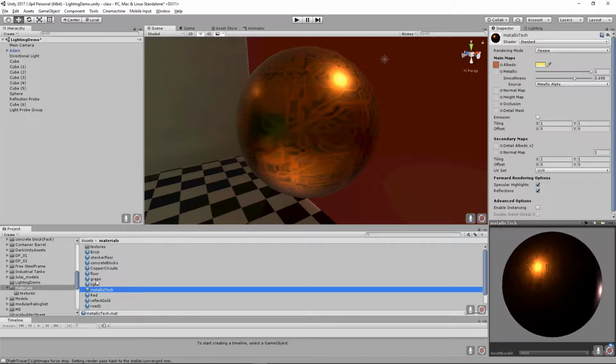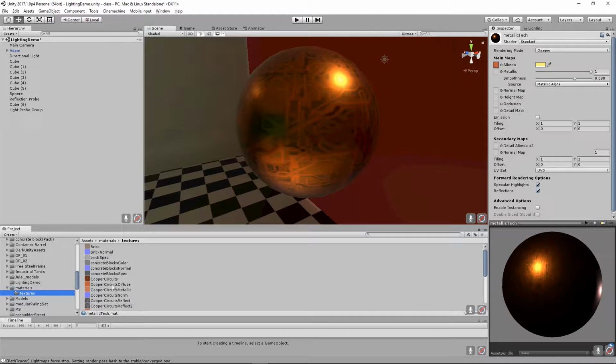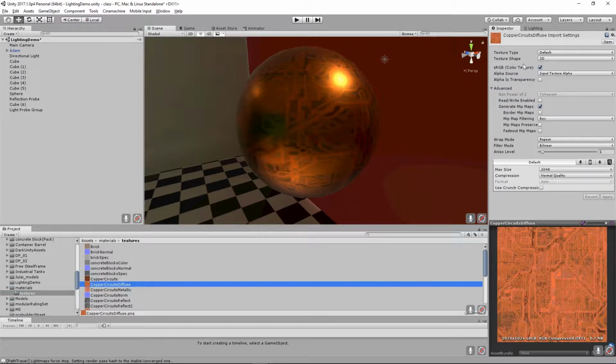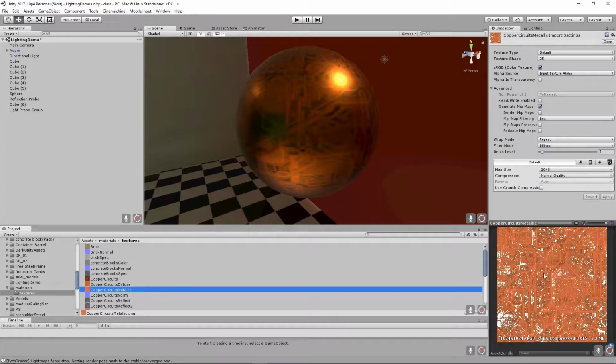But right now, based on the way this texture is set up, the alpha for this copper circuit's diffuse doesn't have an alpha channel. You can tell that if you look at this preview by selecting the texture. If you look at the preview, it just says RGB. If I've got one next to it, it does have an alpha, but this has to do with how Photoshop exports PNGs. But you see it's got an alpha map. So if I apply that